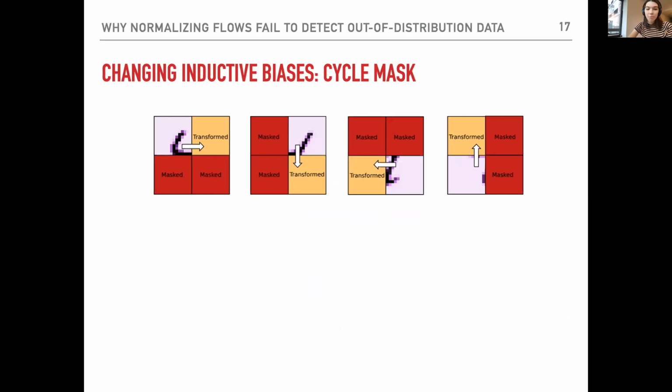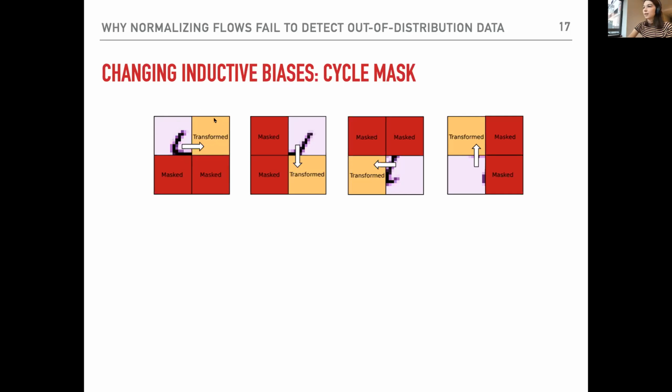Right, so we can try to affect inductive biases further by using this cycle mask, which would make it very hard to encode the information, as we saw for the coupling layer co-adaptation. In the cycle mask, the information about a part of the image has to propagate through three coupling layers before it can be used to make predictions about the same part of the image. So we can mask 3/4 of the image, and then, based on 1/4, predict the transformation